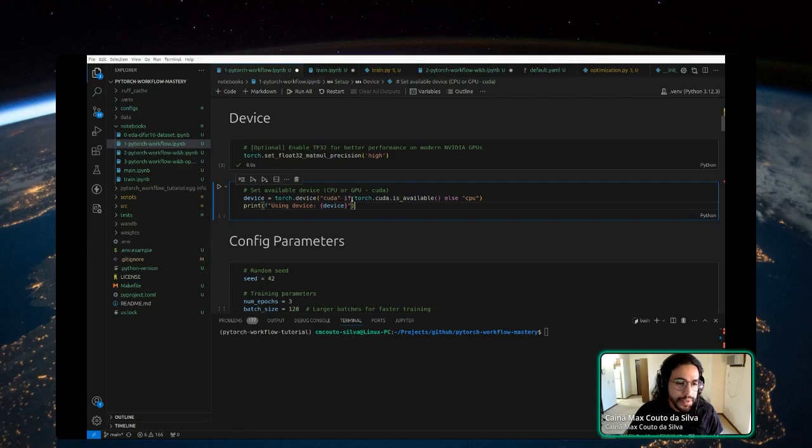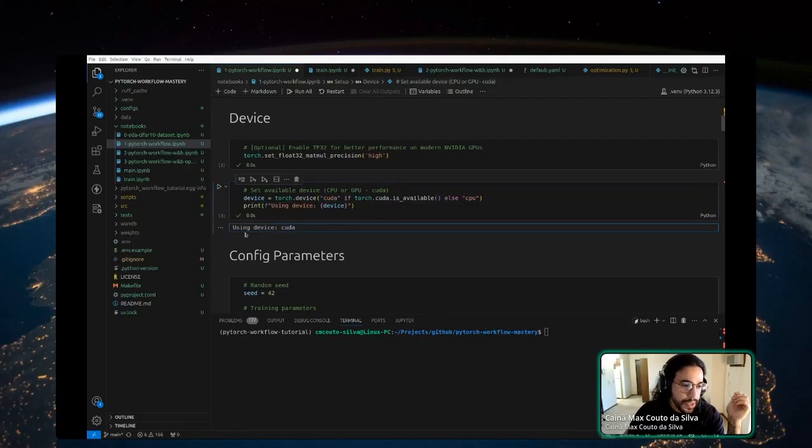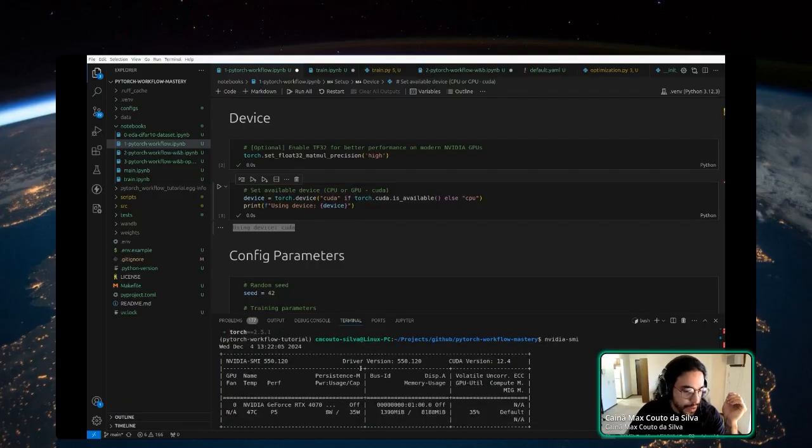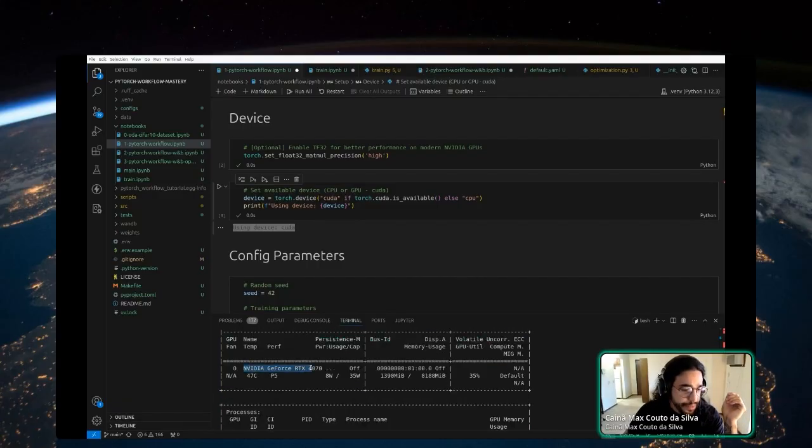A common way to see if we have a GPU available is like this. If you have it, I'm going to use CUDA, that's GPU for NVIDIA. And in this case, I have it. I can see from my personal computer, I have an NVIDIA GeForce RTX 4070. If you go to Colab, it also provides a free GPU instance for a limited time. The free version also works, so you can reproduce this code once I push it on